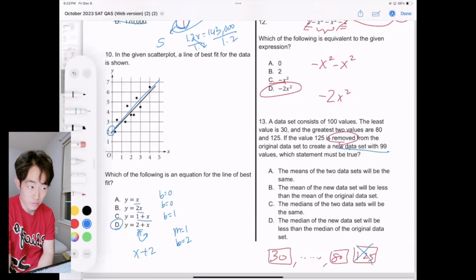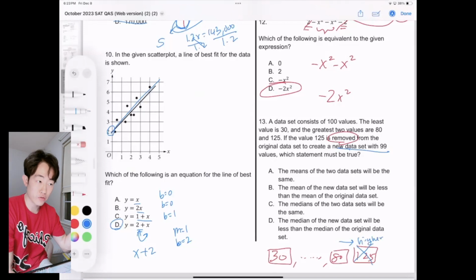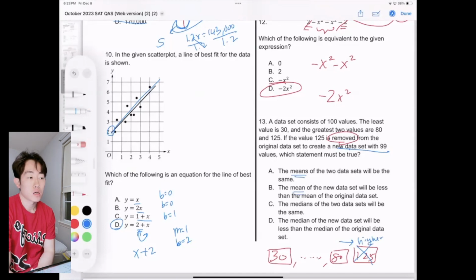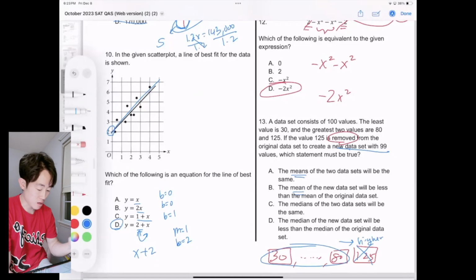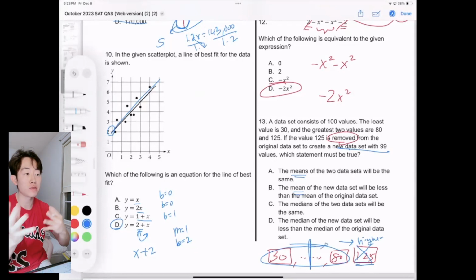First of all, 125 is significantly higher than the rest of the group. If you get rid of 125, imagine what's going to happen to the overall data in terms of the averages. All of these numbers together, 99 of them, are going to be somewhere between 30 and 80. And when you average them out, they're going to be something in between 30 and 80. But when 125 was there, the 125 pulls the mean towards the right-hand side because 125 is significantly higher than